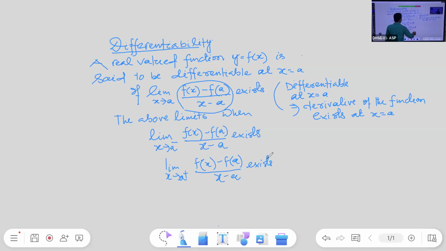If the left hand limit of the function exists, the right hand limit of the function exists, and they are equal, then you can say that the limit of the function exists,